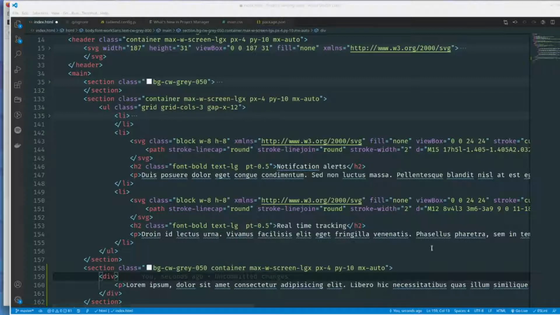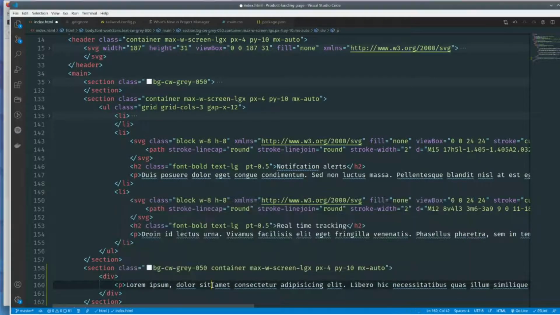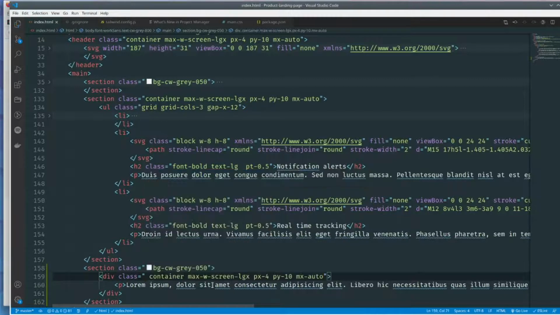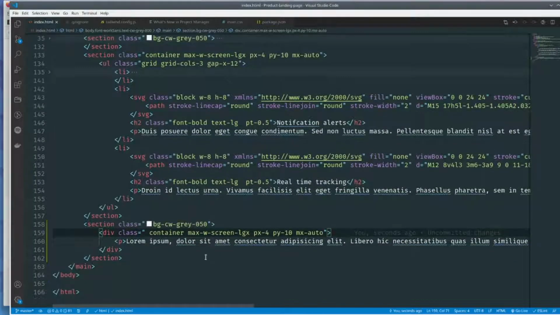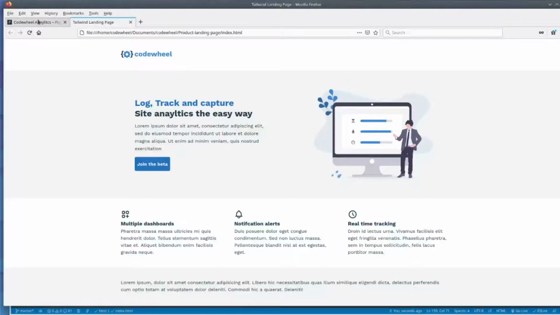Okay, so let's copy these classes to the one below and see how that looks. Excellent, much better. So back to the code. So if you go back to the design,